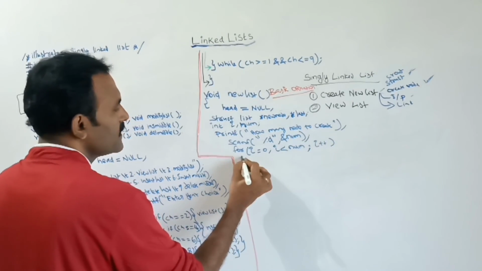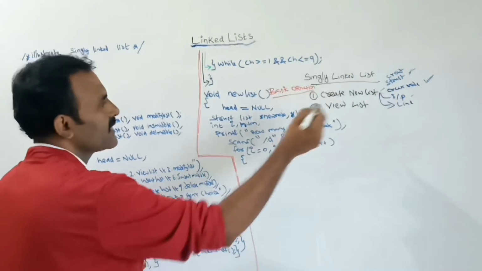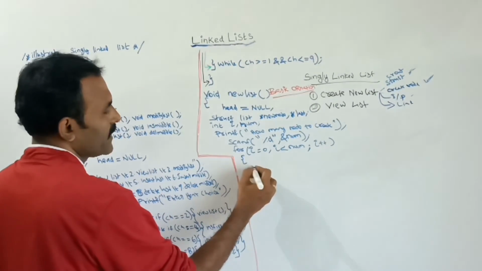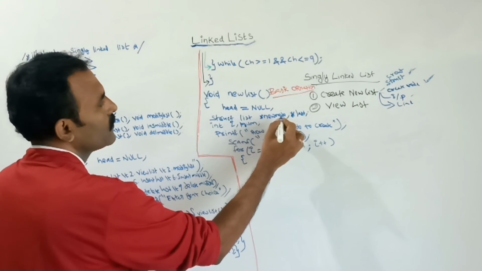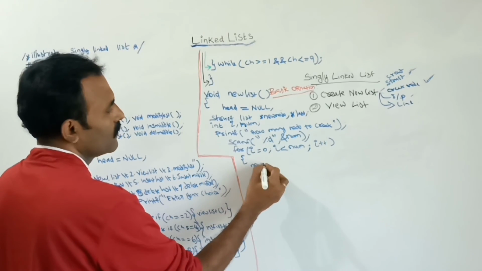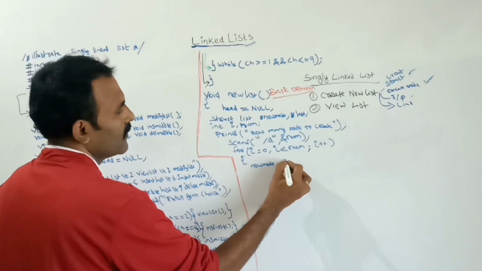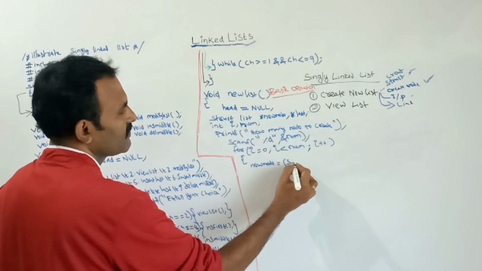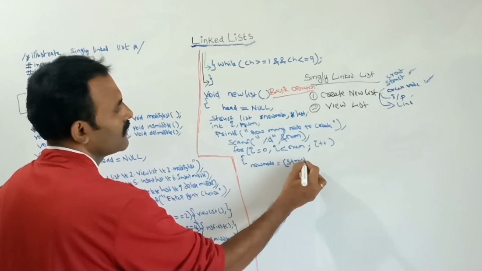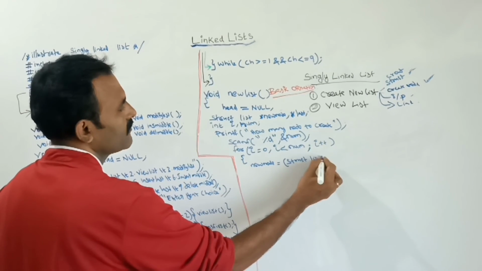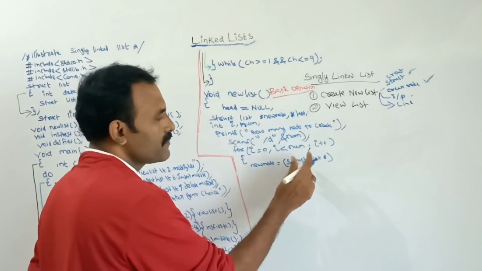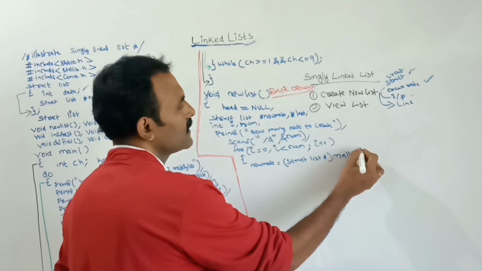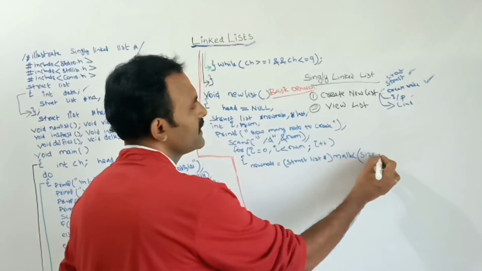See, inside this for loop we can create the node. First I am creating the node. New node is equal to, here this is the syntax of the malloc. First struct, next that structure name, this is typecast. Next after that I am using that malloc function. Next in the malloc function here I am mentioning the size.